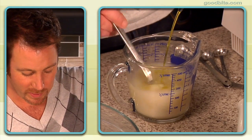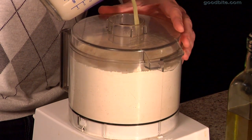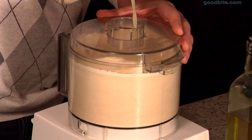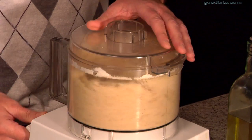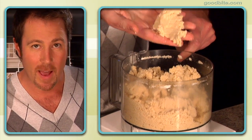Our yeast is ready, so now I'm going to add a couple of tablespoons of extra virgin olive oil. Just whisk this in. And now we're going to add this into the food processor through the feed tube and let this come together into a ball. And if you just give it a little squeeze, it should hold together like that,